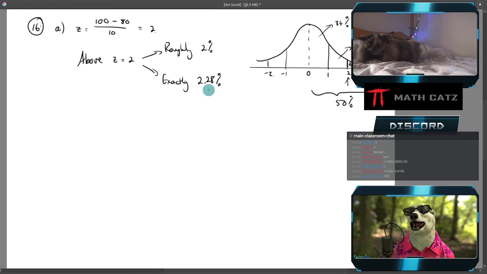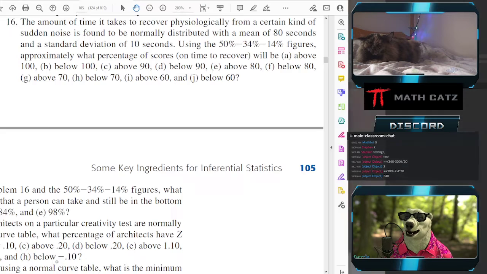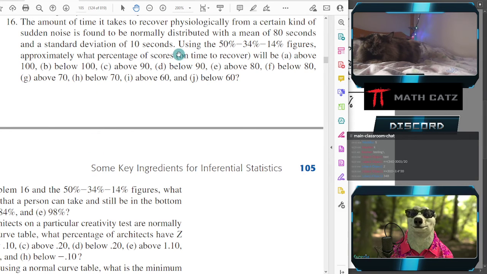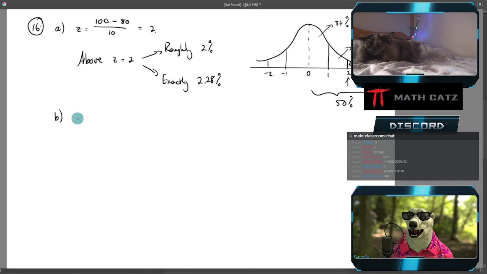So I'm only doing this for the extra practice if you might need it, and a question could certainly ask that. So I'm getting as much as I can out of these questions while we're here. So number B, let's do B as well. B asks below 100. So above 100, below 100. Regardless, I have the same z-score because I have the same raw score. So again, it's 2. Now I'm looking for below